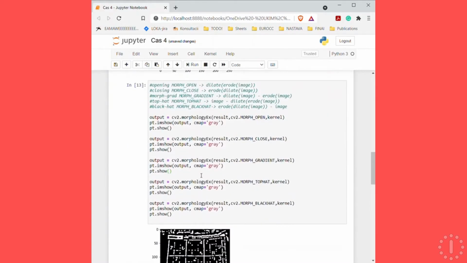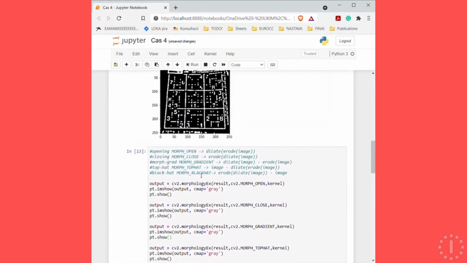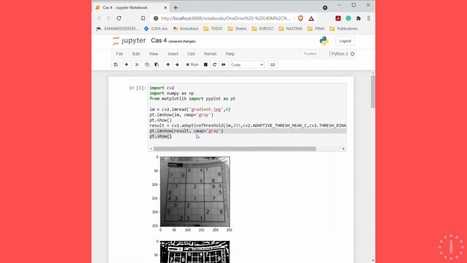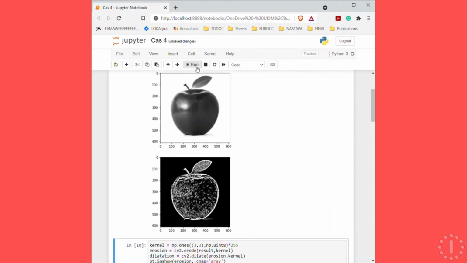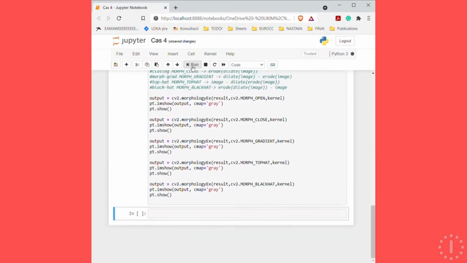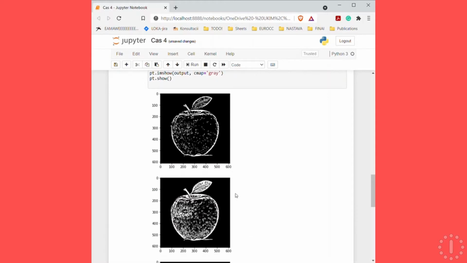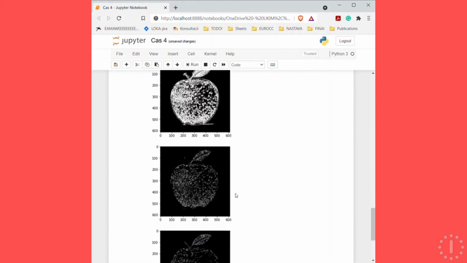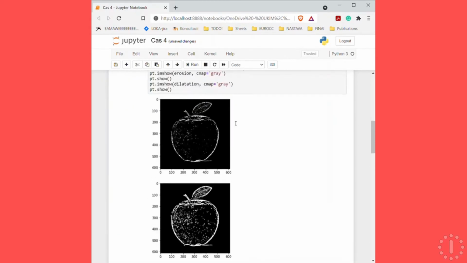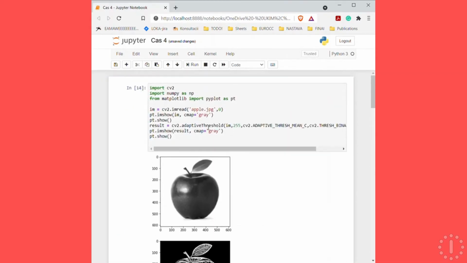I think that it could be better if I use maybe a different image here. Let's try with apple. Here it is. This one. We can see more on the apple about what everything does, and probably I would use regular threshold on the apple. So instead of this,